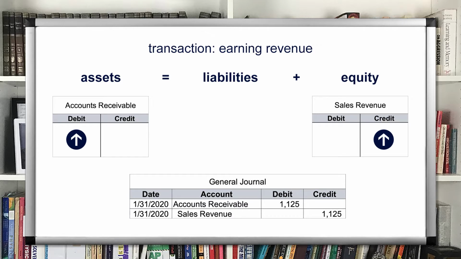Sometimes the offsetting debit is to accounts receivable instead of cash. An accounts receivable is a customer's or client's promise to pay for goods or services it has previously received. A firm may provide a service or a shipment of a product before they send an invoice to the customer requesting payment. These unpaid invoices make up accounts receivable. This brings us to our next type of transaction.